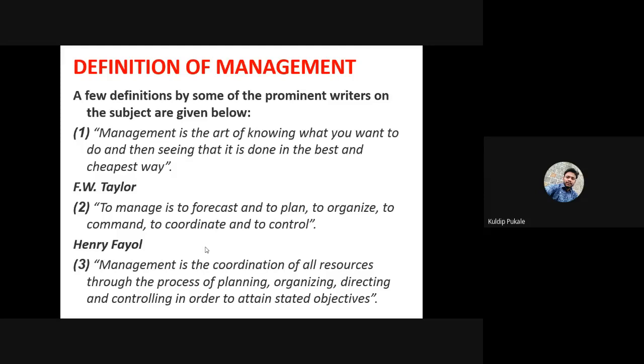Cheapest way is a very important word because every organization's aim is to achieve a brand name as well as profit. If you manufacture your product costly, then you will get no